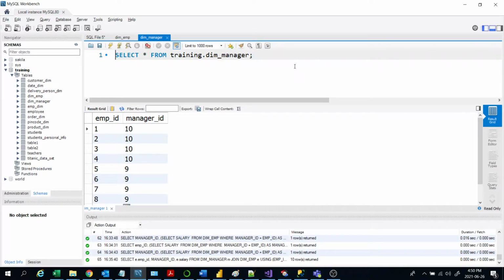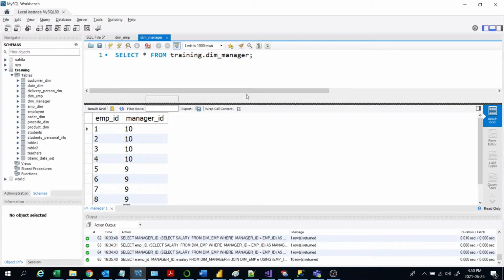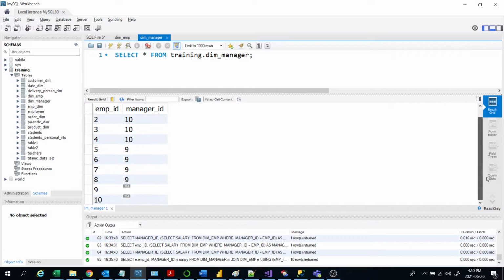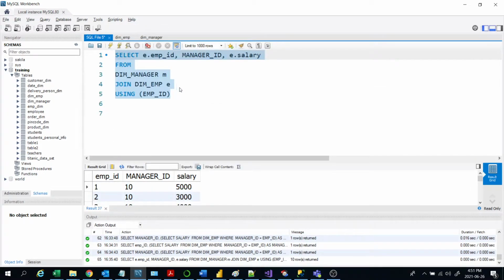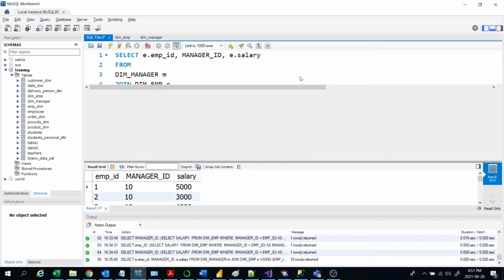Here in the Amazon question paper, the table names are different, but for example, I have taken simple table names to explain to you. So this is a manager table, which has 10 employees, and manager ID is 10 for up to 4, and from 5 to 8 manager ID is 9. So 9 and 10 are not reporting to any managers. That means 9 and 10 are managers here. So these two tables I have taken. I merged the two tables using the join. Okay. So I got this table.